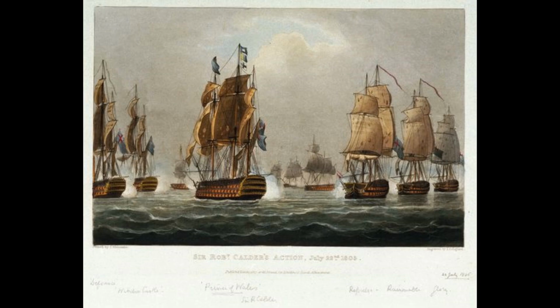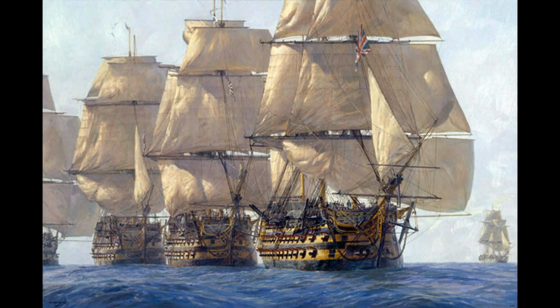The Victory would, after a brief diversion to England, rejoin and strengthen the British forces off Cadiz, with a total of 27 ships of the line to face off against 33 French and Spanish vessels. The subsequent Battle of Trafalgar will get its own detailed video at some point in the future, so we won't go into it in extreme detail here, but Victory once again showed her speed, leading one of 2 British columns